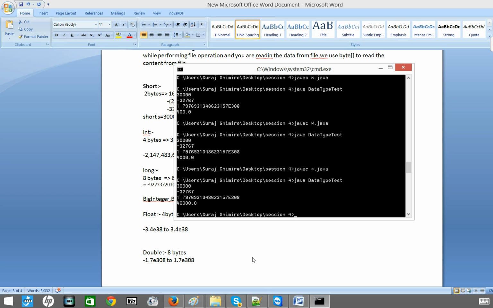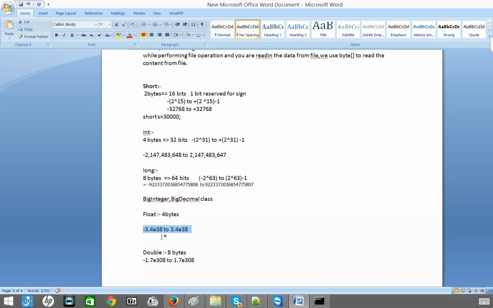Okay, now what is the range of this? You just have to assume. Okay, I cannot write it even. 10 to the power 38 means